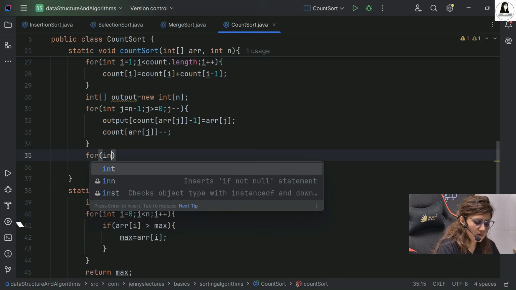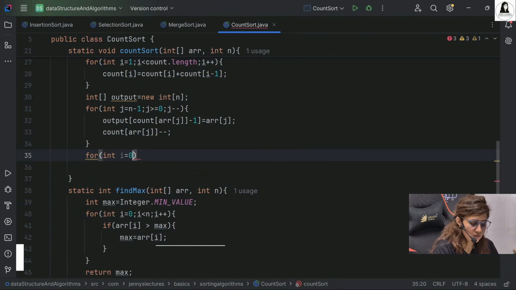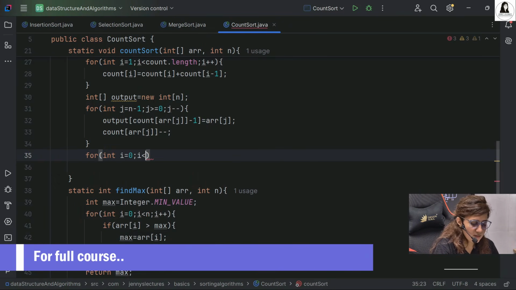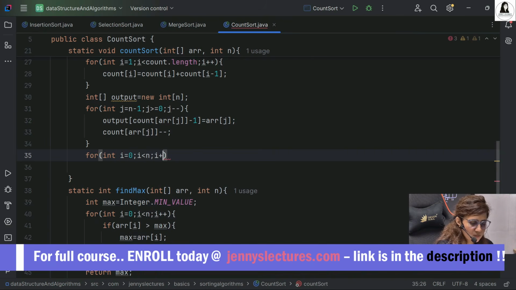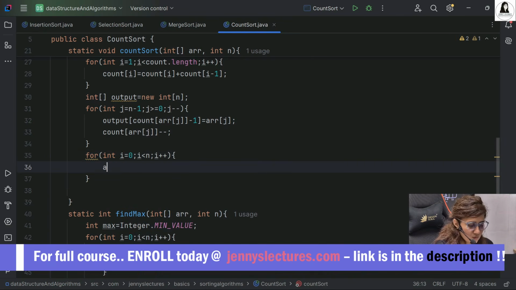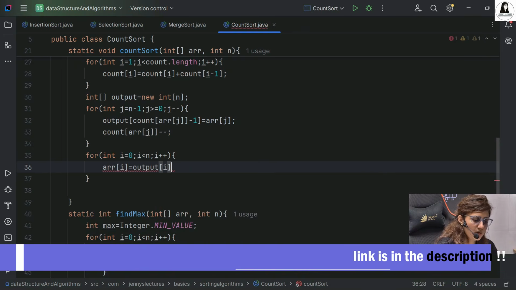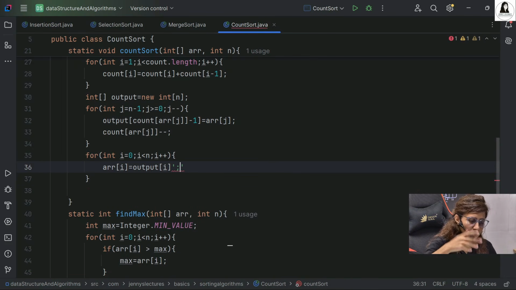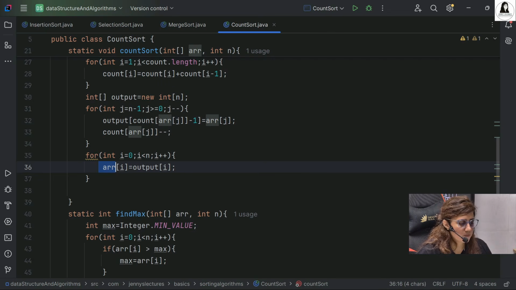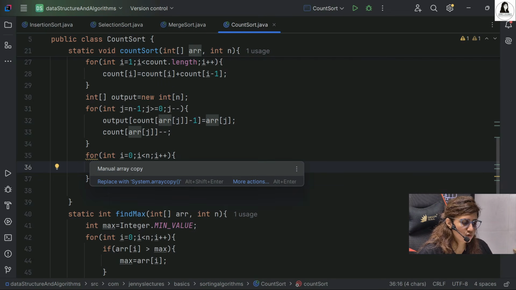Now I'll copy this array. i is equal to 0 and i less than n and i plus plus. So in array of i, whatever the output array is, I'll just copy paste. I'll just copy the array. Yes. You can use a for each loop also, or manual array copy.